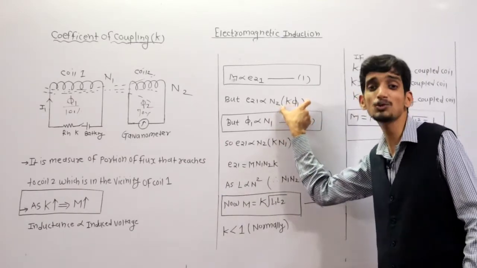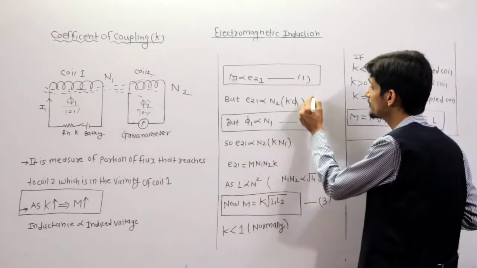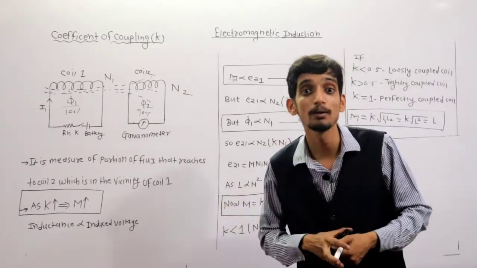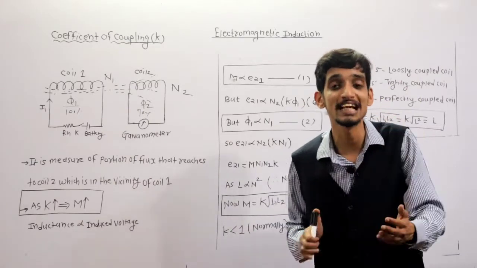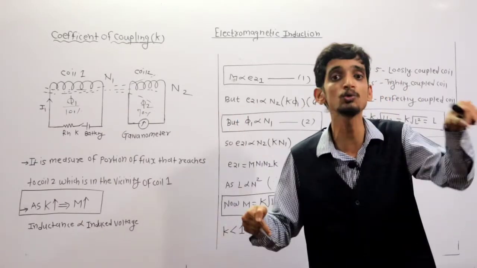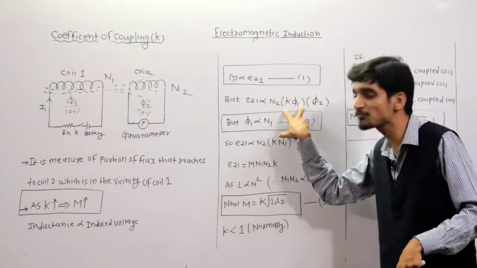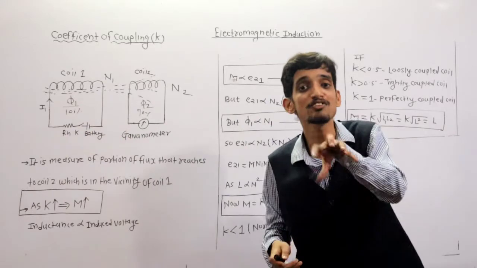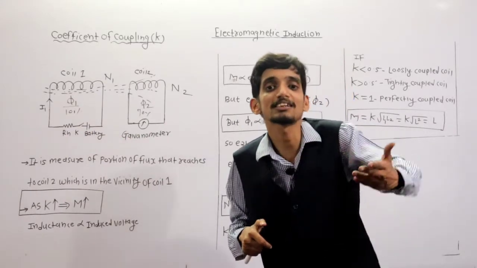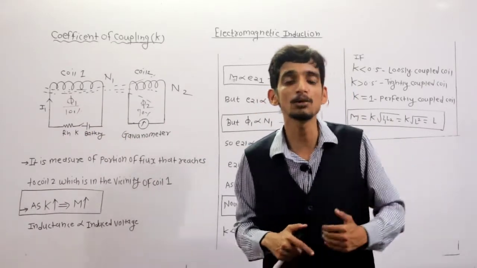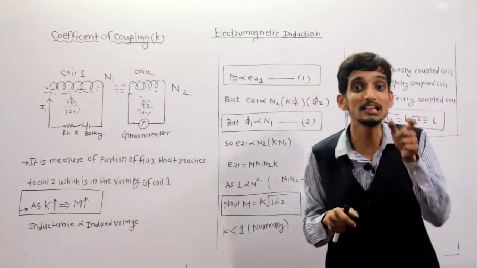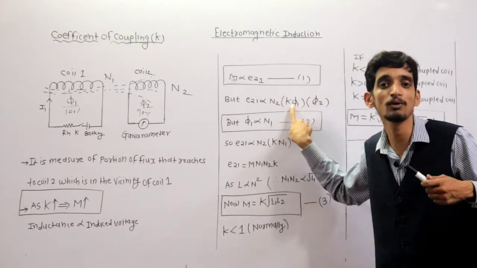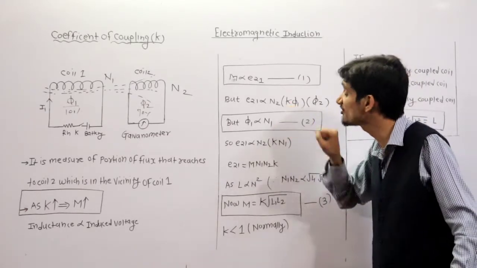And this K phi1 means what? K phi1 actually means phi 2. Why? Because of how much flux has been linked from coil 1 to coil 2. It means it is K times phi 1. If phi 1 is the flux produced in the first coil, out of that phi 1, how much flux enters the second coil, or couples to the second coil? That fraction is associated with phi 1 through K. That's why it is actually K phi 1.